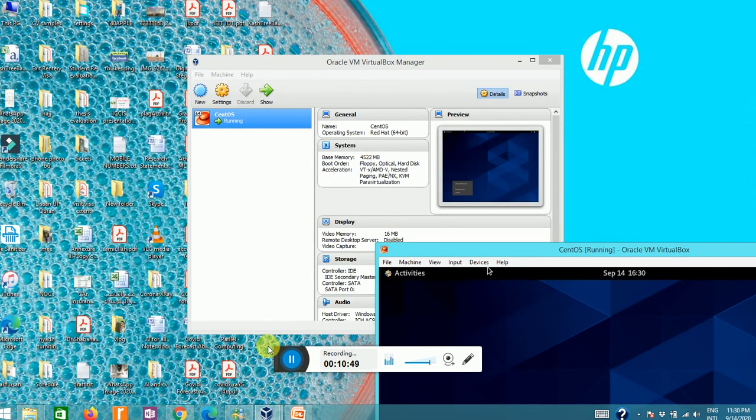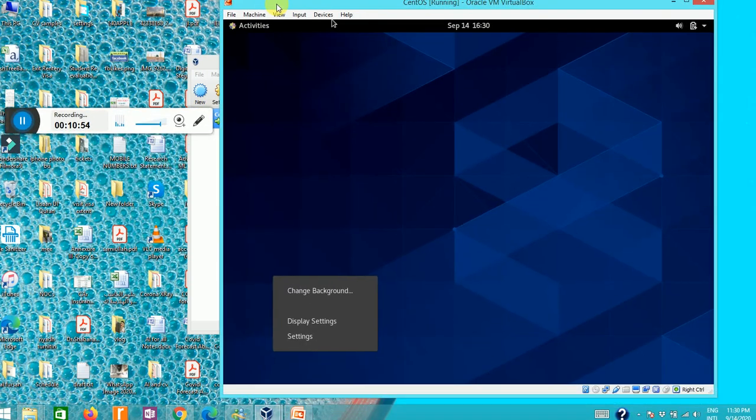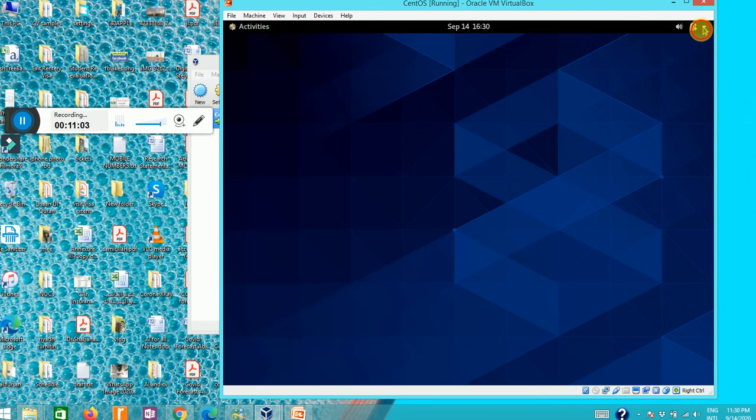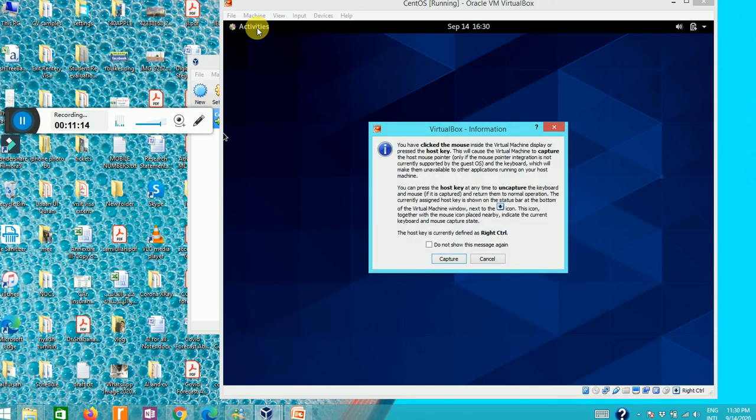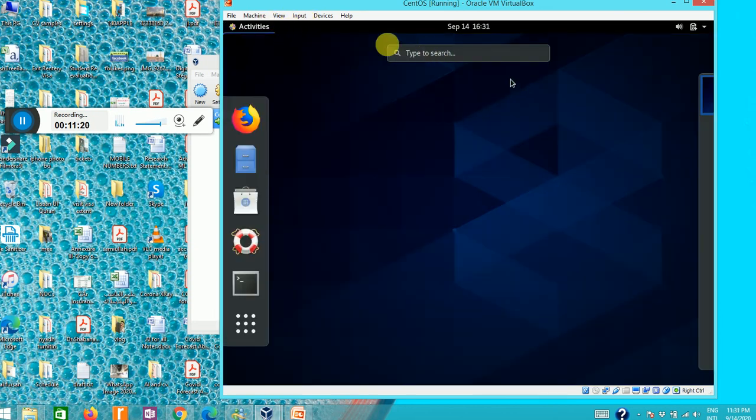For gaining control on this recorder, I'm displacing this window. Here you can click on Activities and some applications come up.